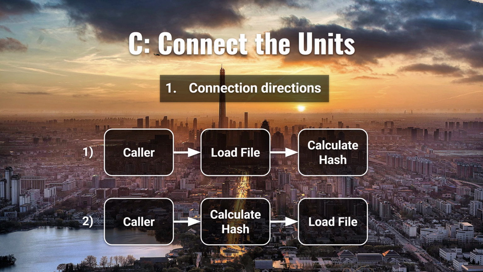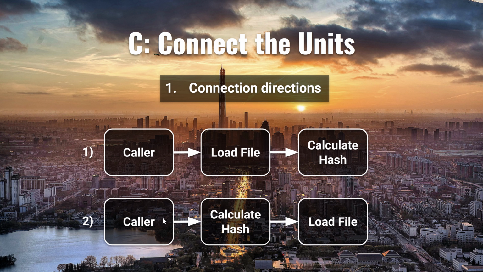One way to connect these three resulting classes would be to have the caller call the load file class and have the load file class then call the calculate hash class. Another way to connect the three units would be to have the caller class here call the calculate hash class, which then is given a source from where to read the file that it's supposed to calculate the hash from, which is the load file class here. And then the calculate hash class will load the file and calculate the hash and return the value to the